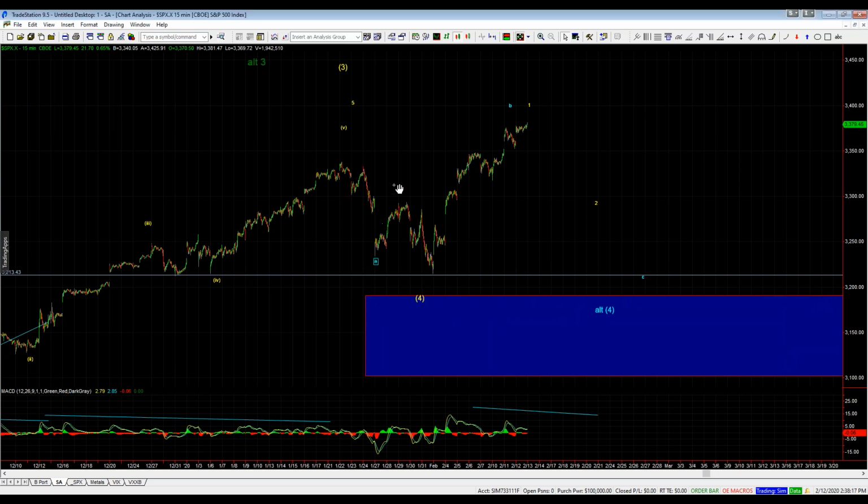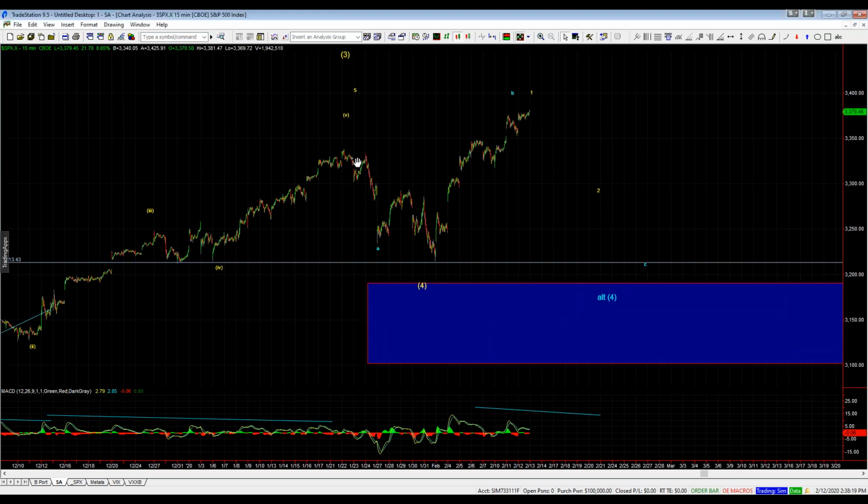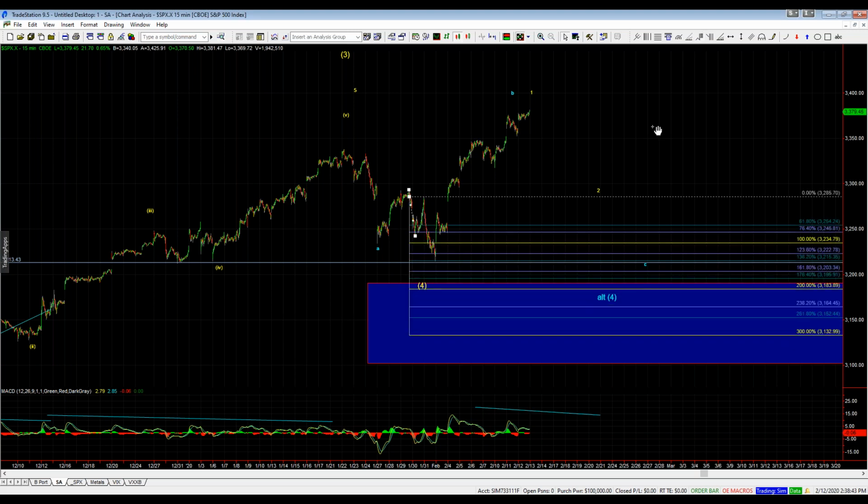So under this blue count, we had an A wave. We have three down for this A wave: A, B, C. And then we had a corrective retrace higher, and then looking for a 1, 2, and then looking for a long third down for our C wave. So what we should have seen here, if this was going to follow a C wave down, let me just show you what should have happened under the C wave. We would have had a 1,